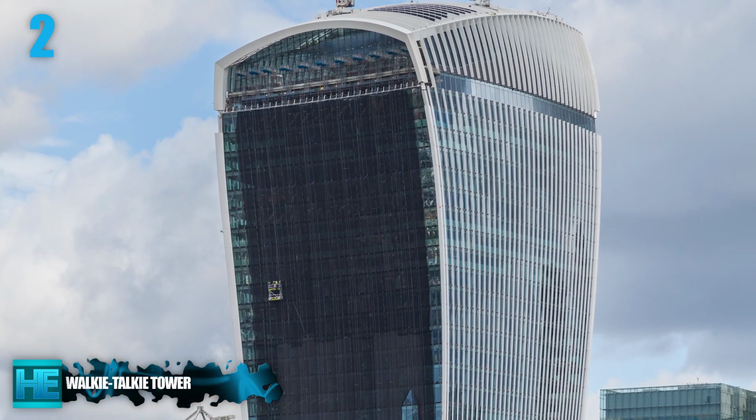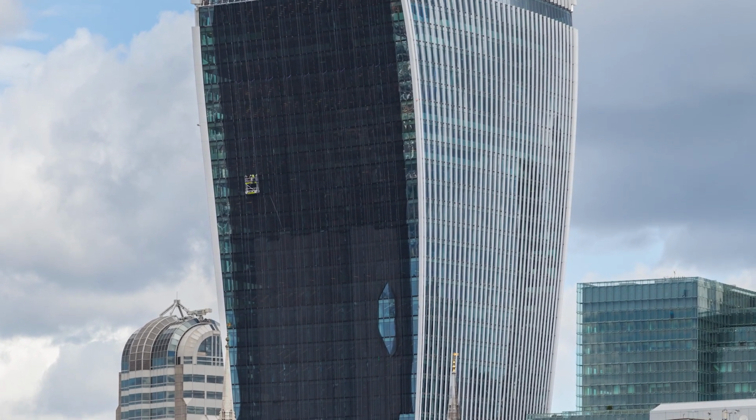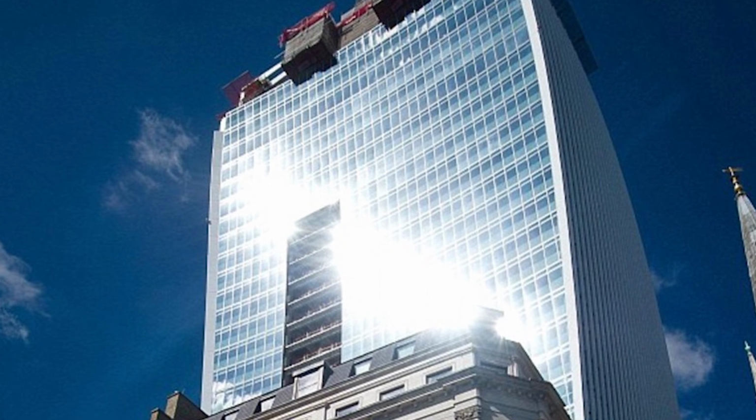If you remember the solar furnaces that used a curved glass shape to magnify the sun's rays to super hot temperatures, you might be able to guess why 20 Fenchurch was making headlines. 20 Fenchurch, which is almost ubiquitously known as the Walkie Talkie Tower because of its shape, was reflecting the sun's